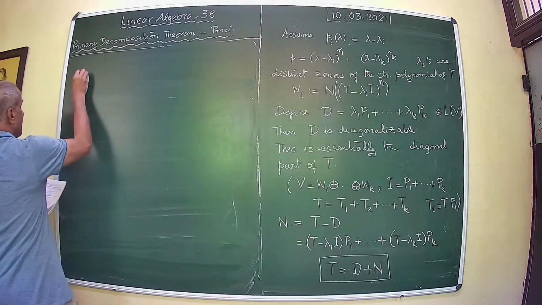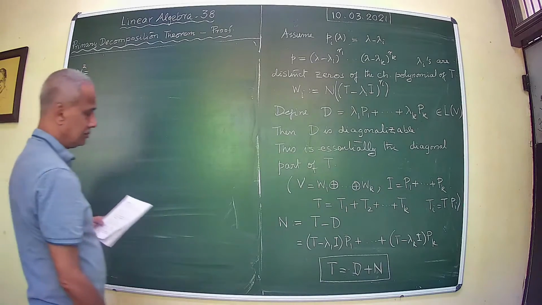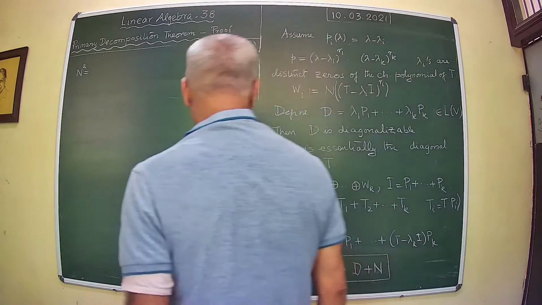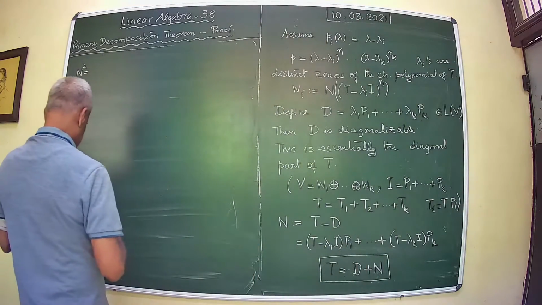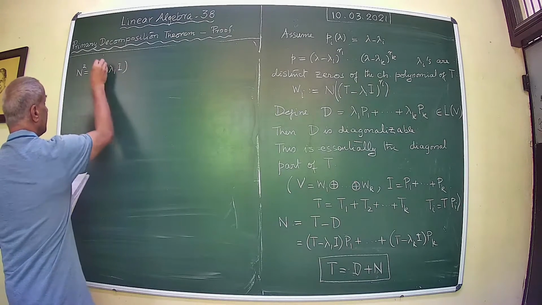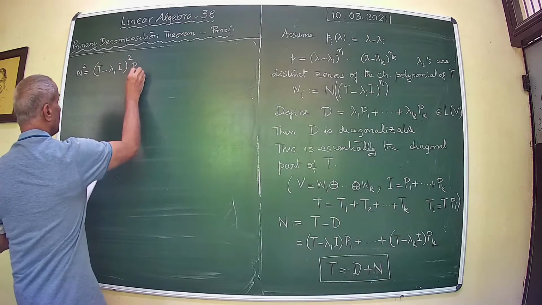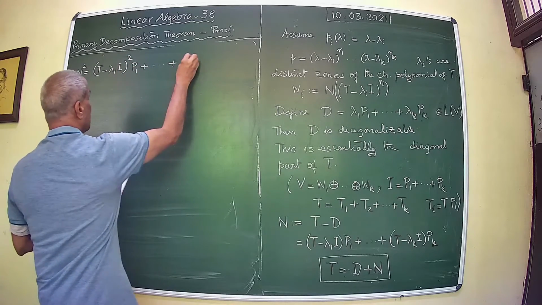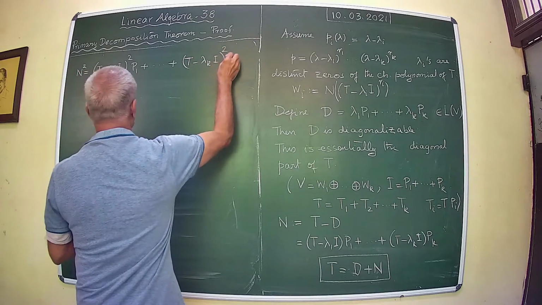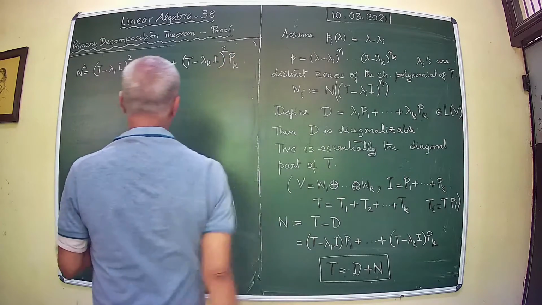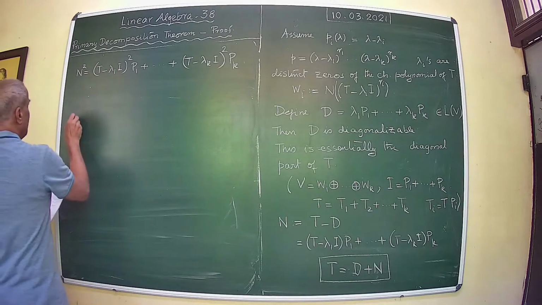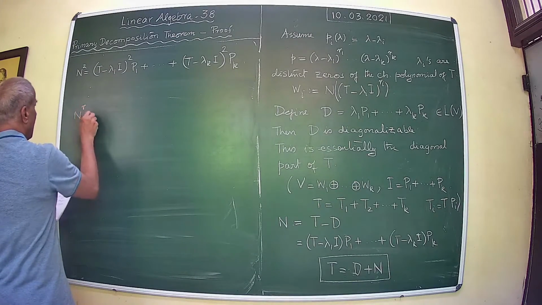Then N square is equal to, use the fact that PiPj equals 0 whenever i is different from j. Then this is what you get. This is equal to P minus lambda 1 I, and so on. What are the powers of this? N to the power r equal to